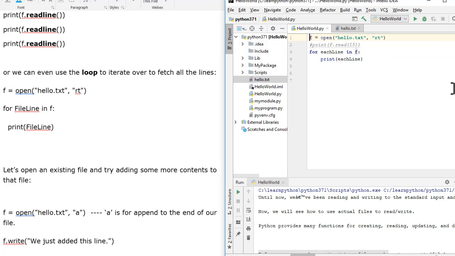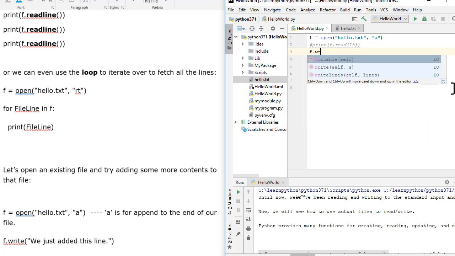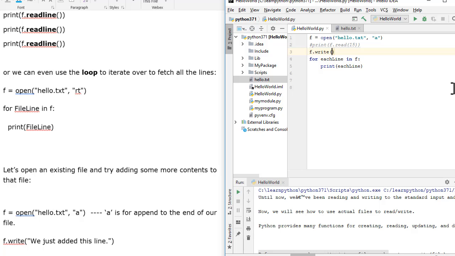So instead of opening the file this time in the read-only mode, let's open this file in the append mode. Again, we can specify T for text, and let's add some content. To append some content into your file, we have a method called write, as well as writelines. So let's call the write method here, and in the write method we can add any text. We just added